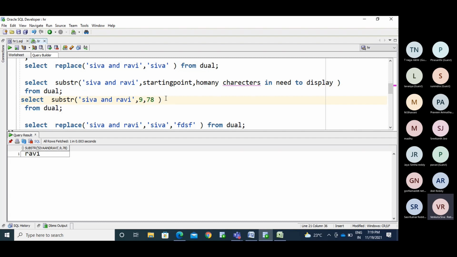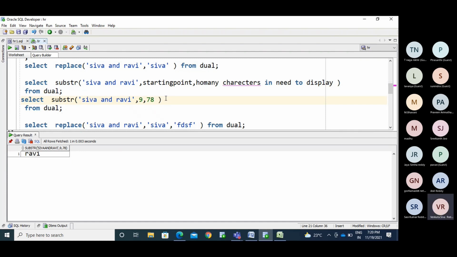Now you are dealing with a single value, so you can do it this way. But you cannot do it like this if you have one crore of values. Treat it like a name: first name, last name, middle name, all in only one column. Now I need to split that.